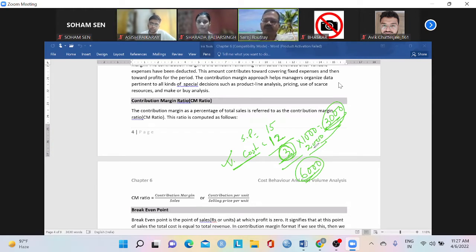And if you sell 2000 units, your contribution will be 6000 and your fixed cost will be 6000. So how much profit will you have? You will have zero profit. That will be the break-even point. So that is your break-even. So how are we getting this break-even? We get break-even when we divide our fixed cost by the contribution made by us for every unit. So 2000 units, I know that if I sell 2000 units, then I will break even.